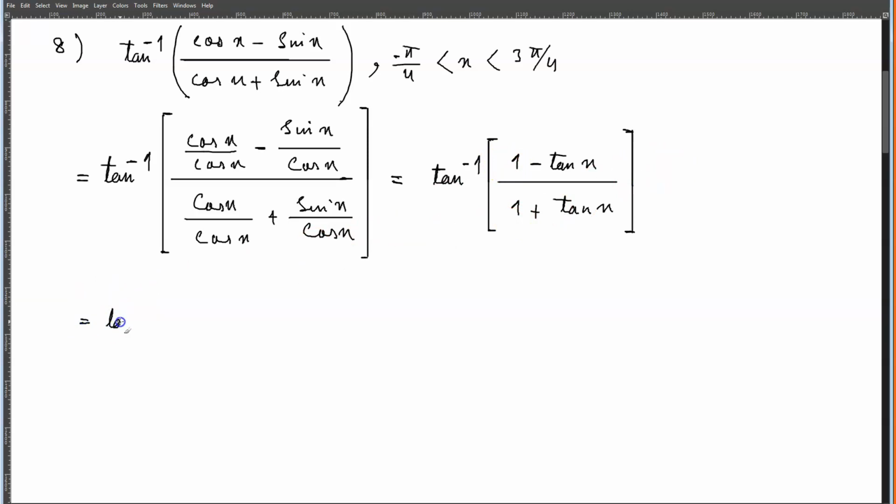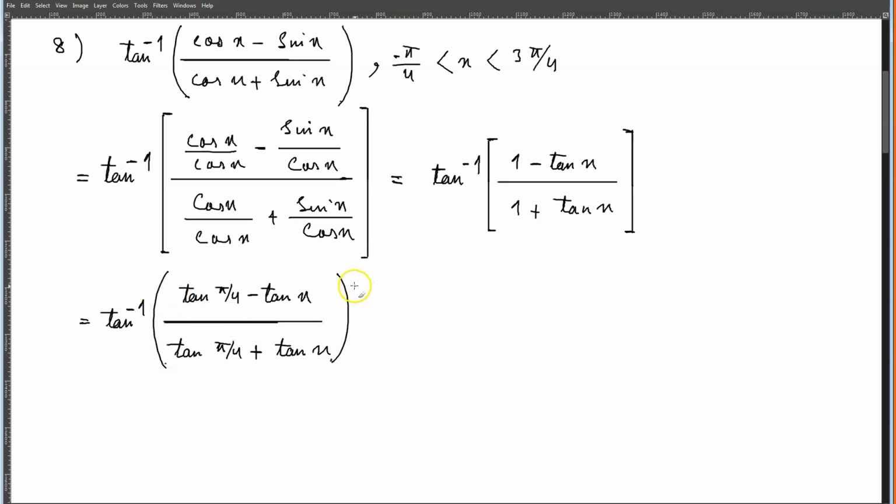So I can write this as the tan inverse of tan of pi by 4 minus tan of x over tan of pi by 4 plus tan of x, okay, and then this thing over here is equal to tan of pi by 4 minus x, because you know that tan of